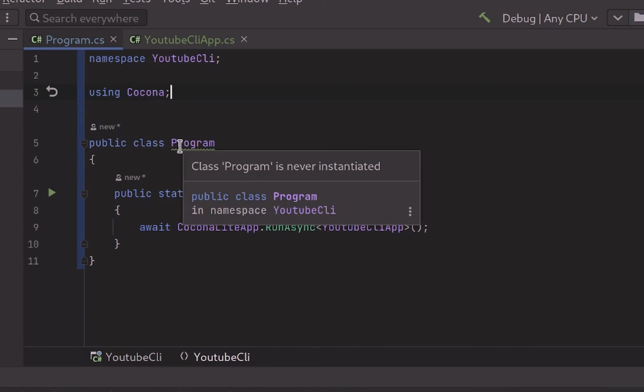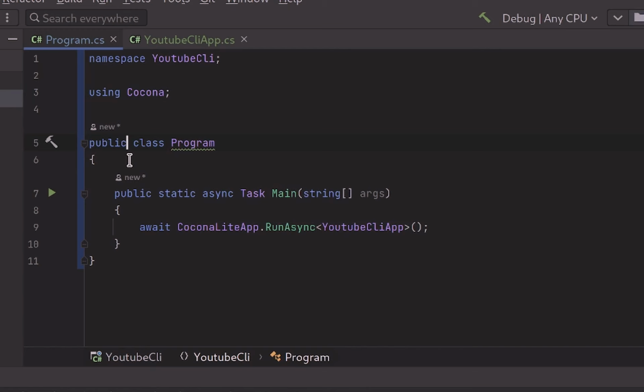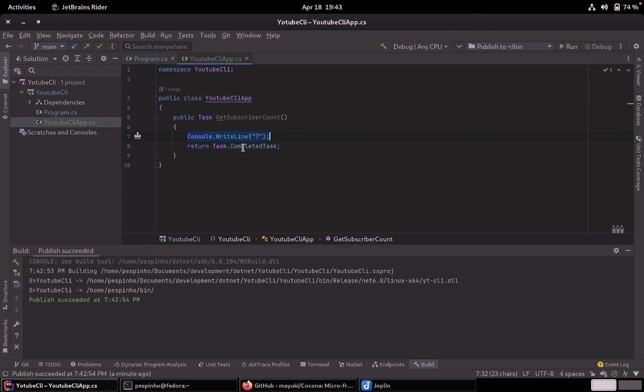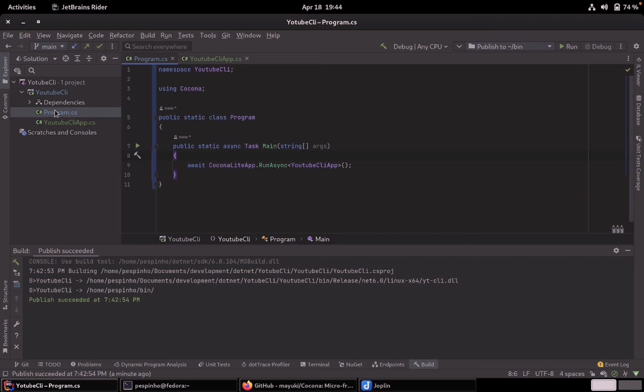Class program is never instantiated. Okay, that's because it should be public static class. Then we shouldn't have this warning, right? Yes. So, and now I think our YoutubeCli is like this. And I think we can